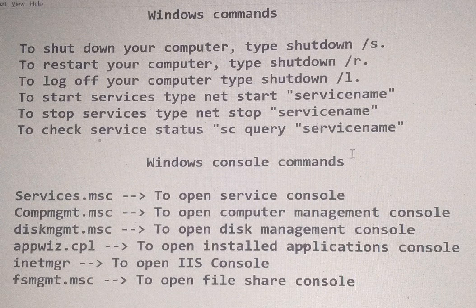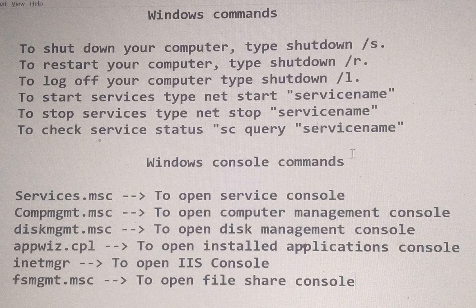Then, if you want to open the Computer Management console, you need to type compmgmt.msc. This command is used to open the Computer Management console straight away.